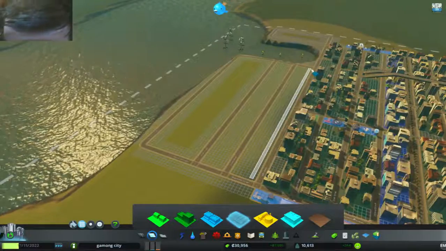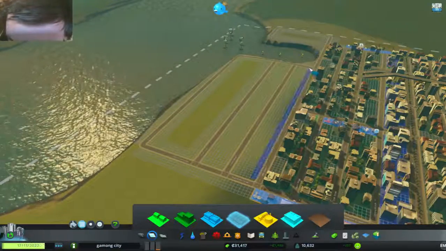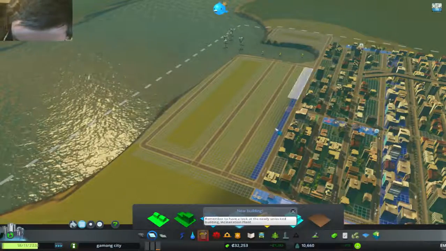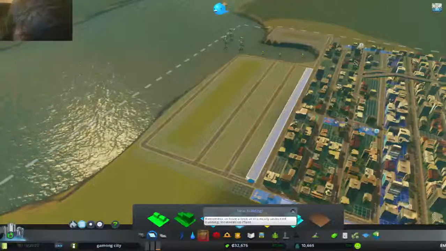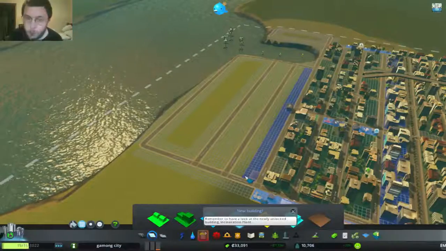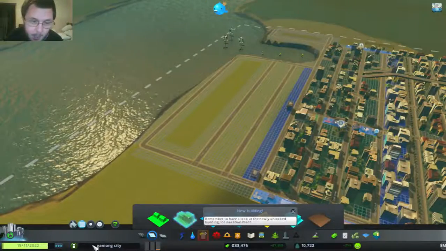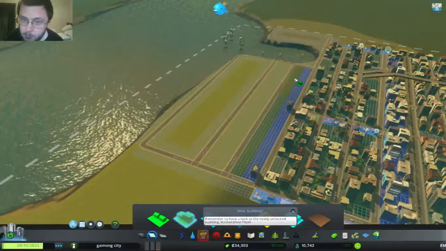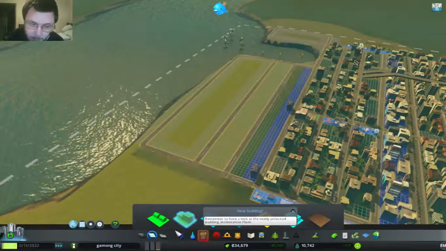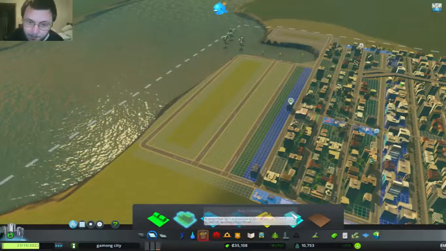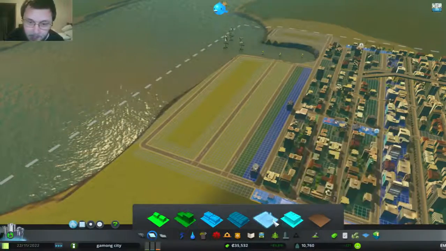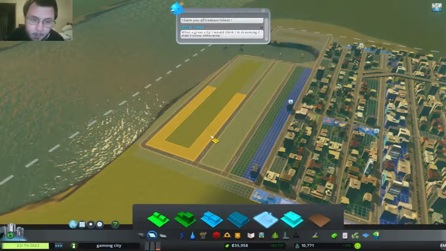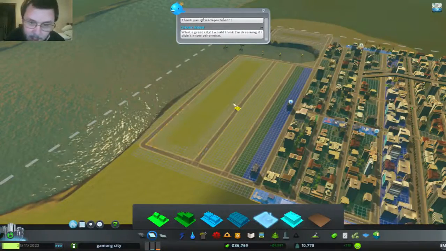Let's see if we can extend it by 2. By 4 is what I want it to be. Sorry, my eyes are kind of a little bit messed up, but we're going to put that along the... There will be more residential, but not much. Now, I do want to expand our industry, but before we can expand our industry down here,